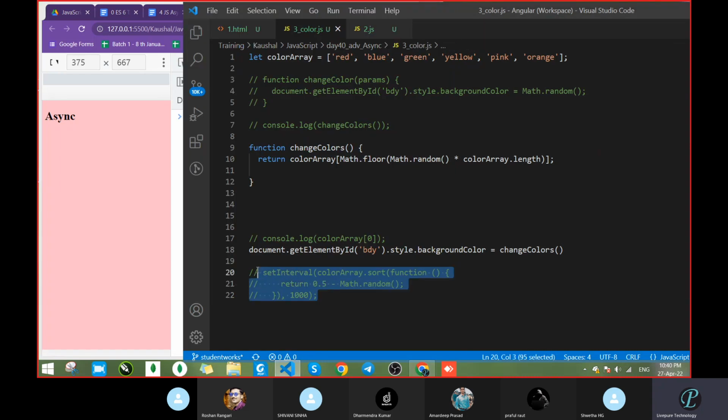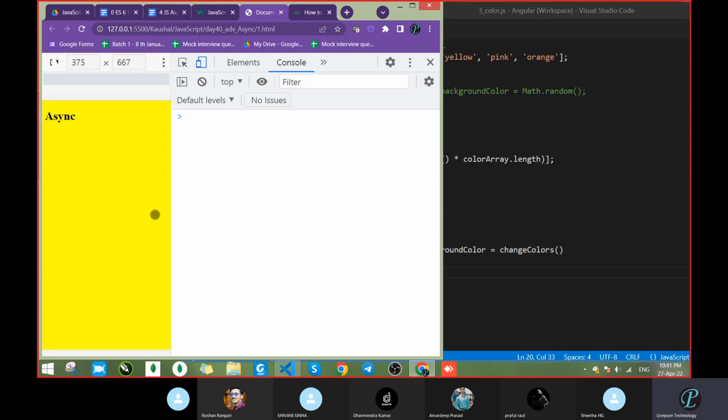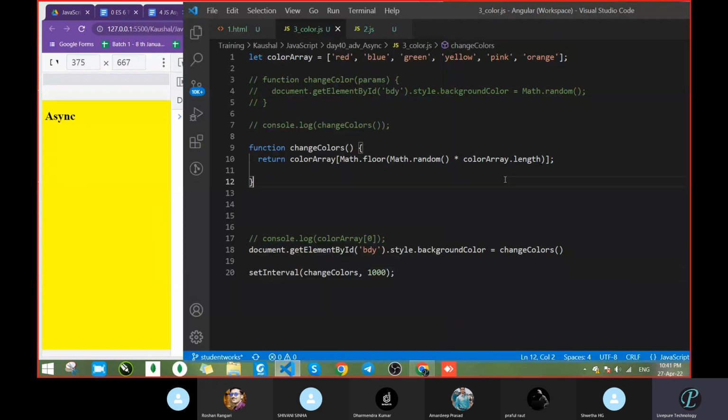Now add this callback. Remove this color name. Okay. And what is the function? The function is change color. Correct. Now save. Now see whether it's working or giving an error. So what has to happen after 1 second? This has to change the color. What happened? It's not calling. What had we used? Set interval. After this, fine.